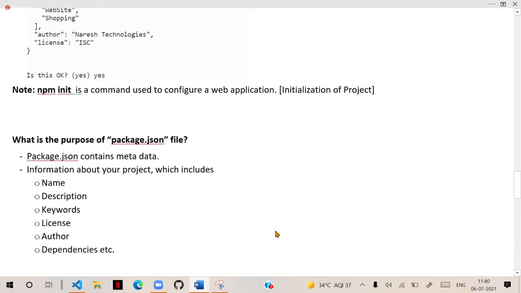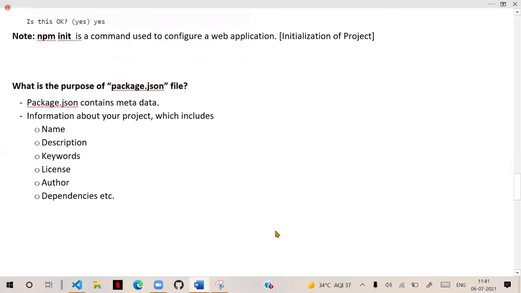Generally, as a web developer, suppose you go online and search for some projects. So many free projects are available online. Several people have developed projects and uploaded them. You download that project. After downloading, if it is a zip file, we extract it, and then open all the project files in Visual Studio Code.